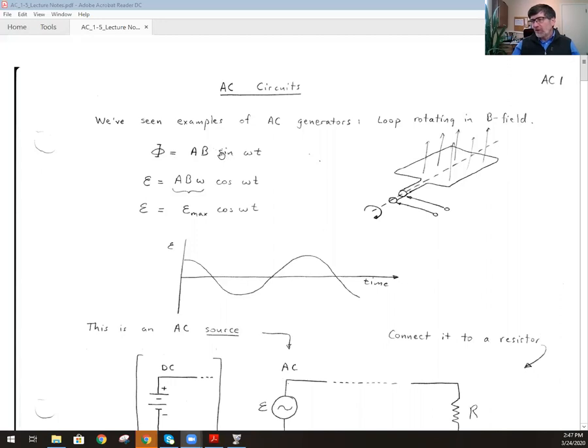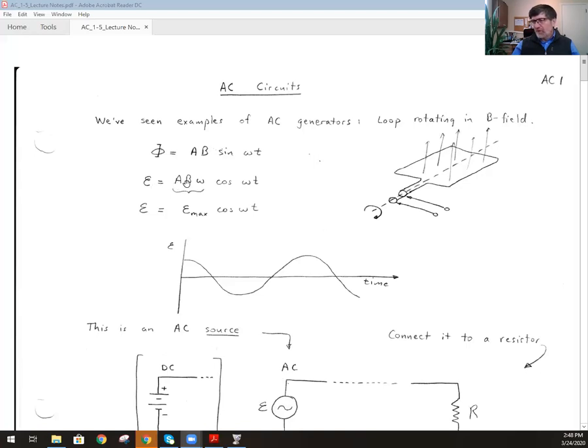I wrote it as a sine function here. You could just as easily have called it a cosine. That just depends on when you start the clock. So this one I happen to write as a sine. And if that's the flux through the loop that is varying sinusoidally, going one way through the loop, then the other way through the loop as the loop rotates, then you get an EMF induced in that loop,